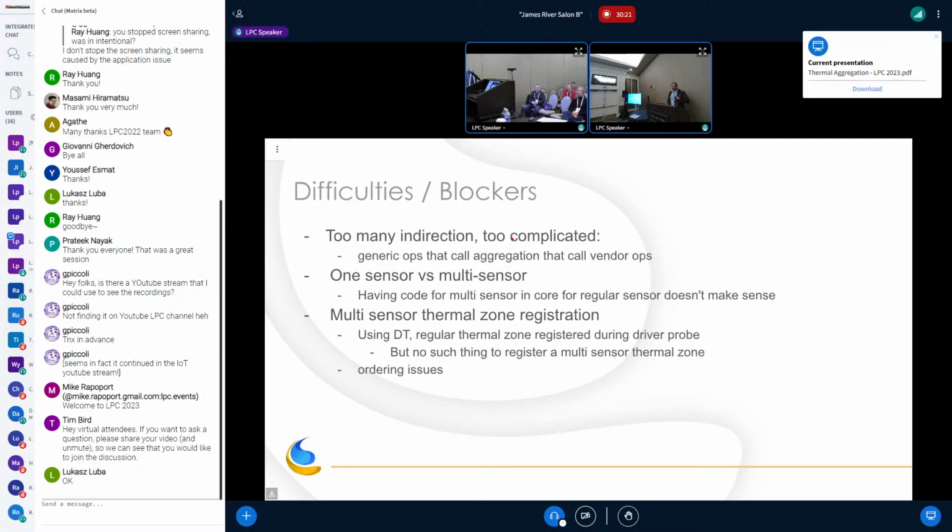And if there was another thermal zone using this sensor for a multiple sensor thermal zone, I was also adding it to this virtual multiple sensor thermal zone. So that's clear. That's all. Do you have a question? I think so.